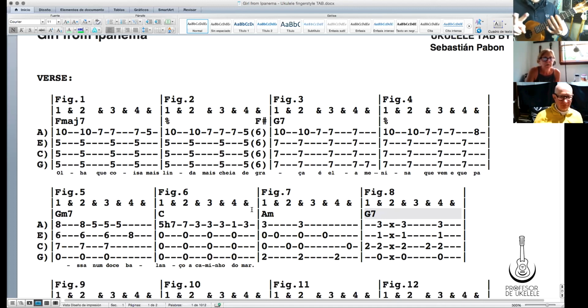So I'm gonna count two. One, two. Down, down, up, down, down, up, down, down, up, down, up, down, up, down, down, up, down, down, up, down, up, pinky, up, down, down, up, down, down, up, down, down, up, down, up, down,